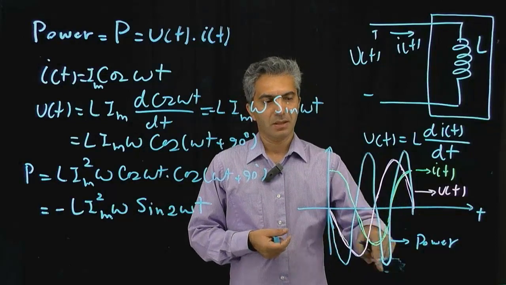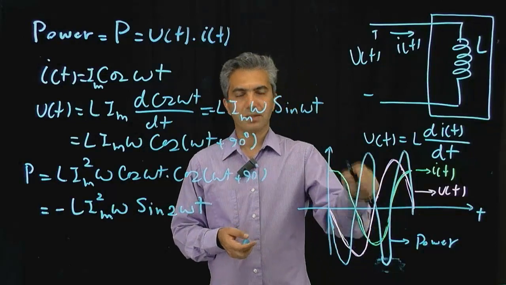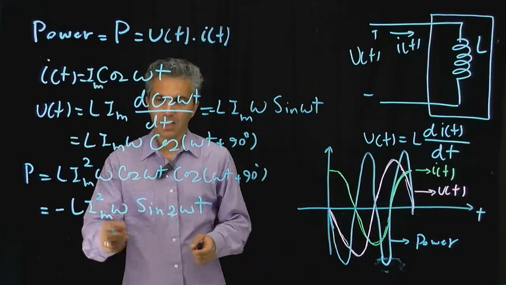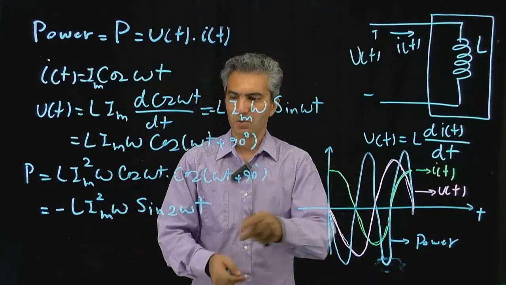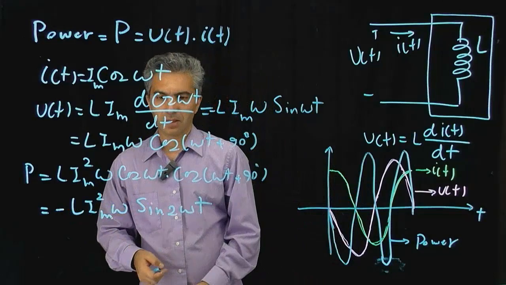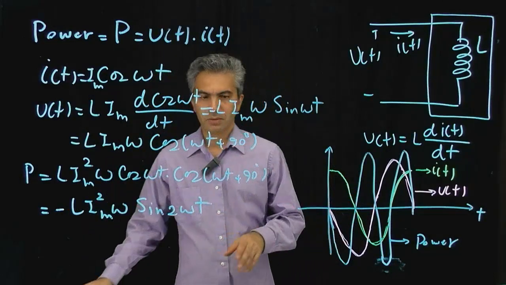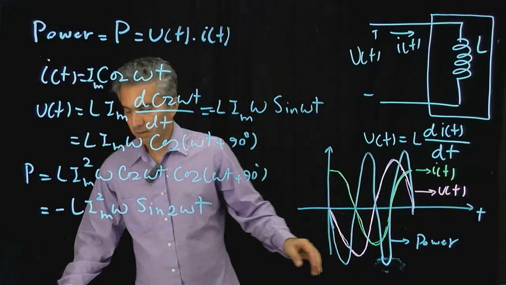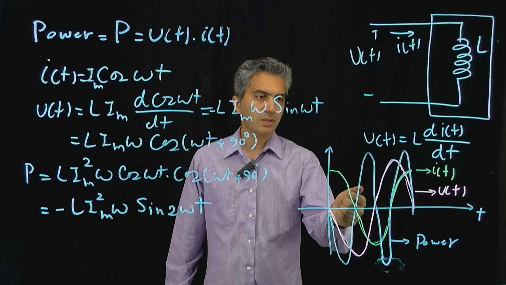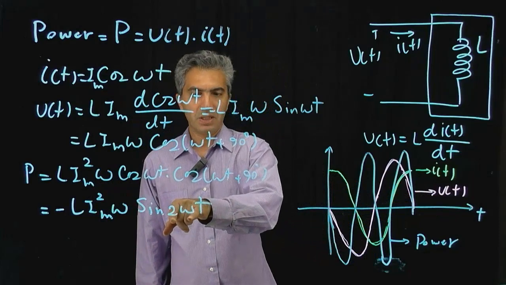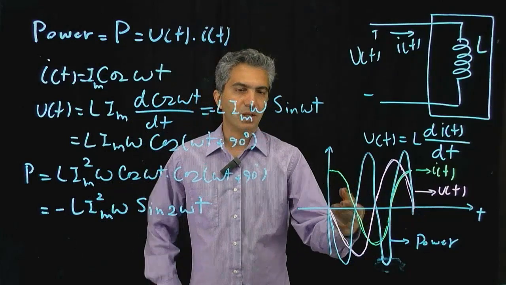It actually alternates twice as fast, so you can see that right there. And then it becomes negative and then positive, so there's a minus sign right there. Okay, so first of all, the average is 0 again. Then we also notice that the frequency is twice as much, and from this we can start